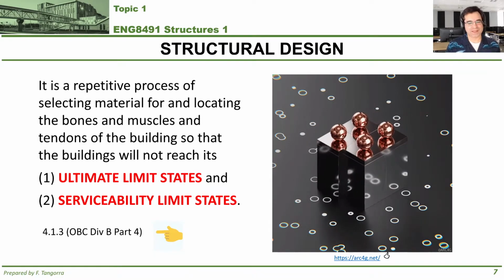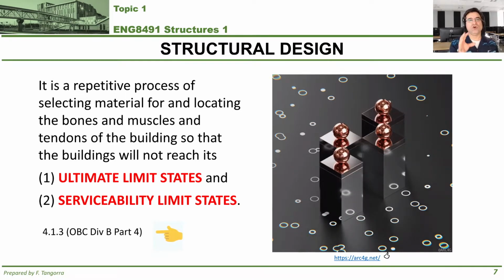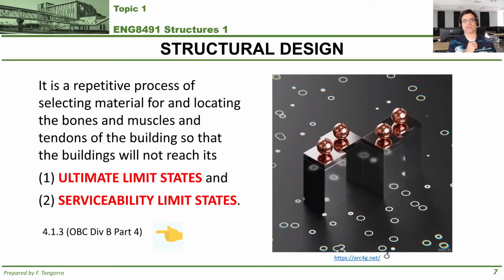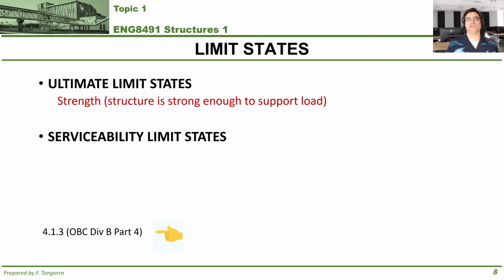Let me try to explain that to you, because those are some very fancy words to explain some topics that hopefully will make sense in a few moments. Let's start with ultimate limit states. And again, this here is used in Part 4 of the Building Code Division B under 4.1.3. Ultimate limit states is the fancy engineering way of talking about the strength of a structure and therefore the strength